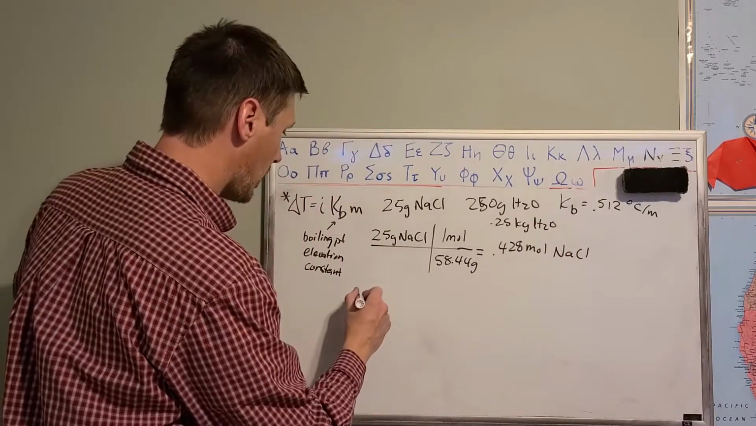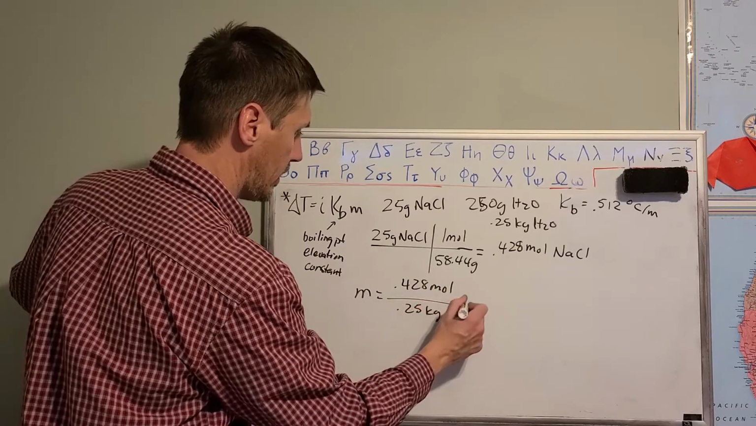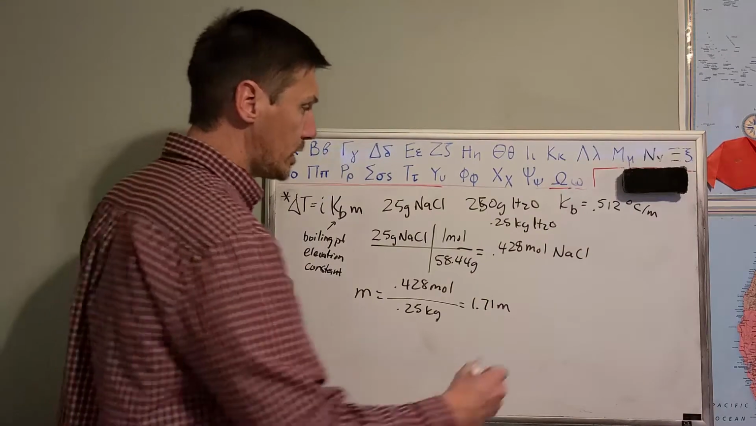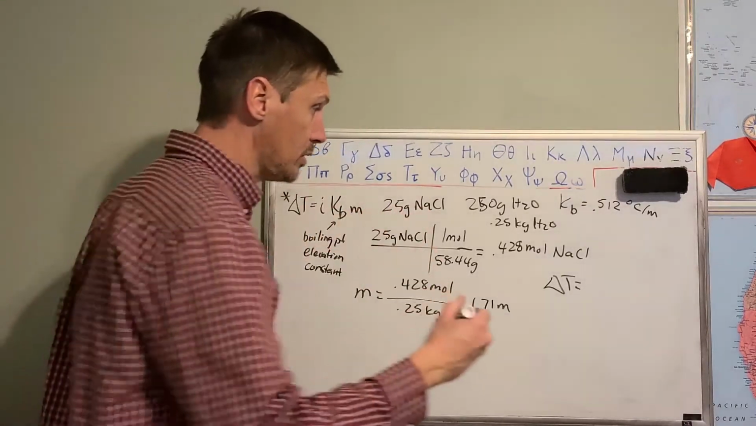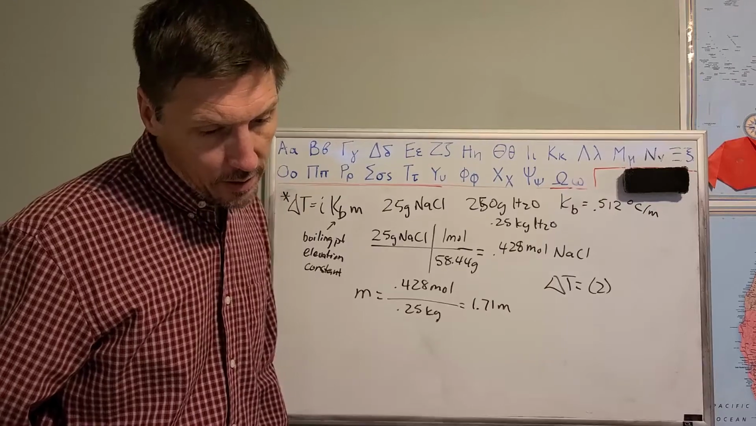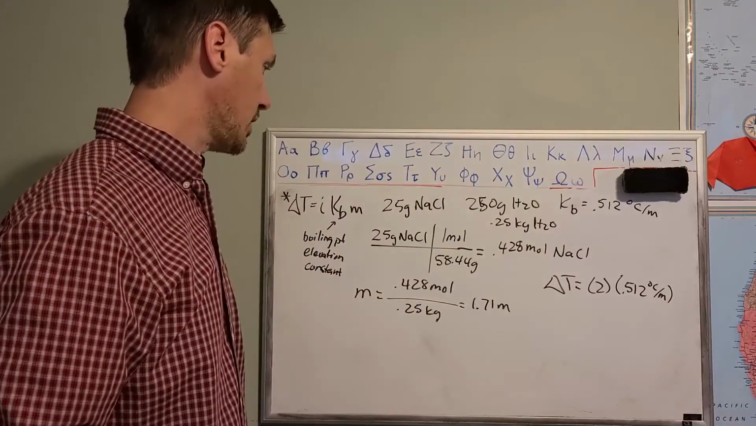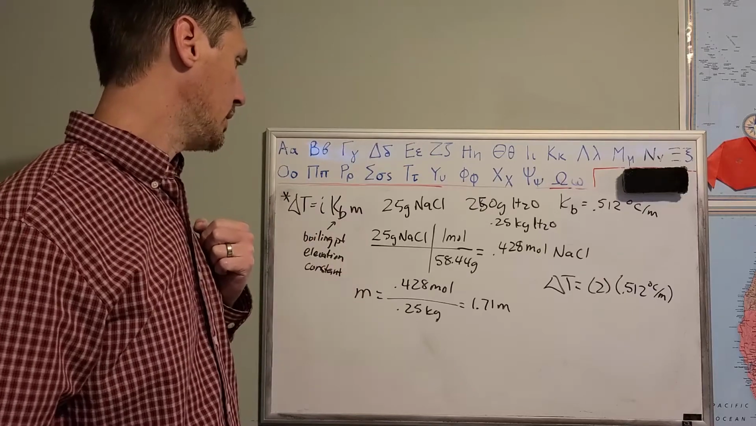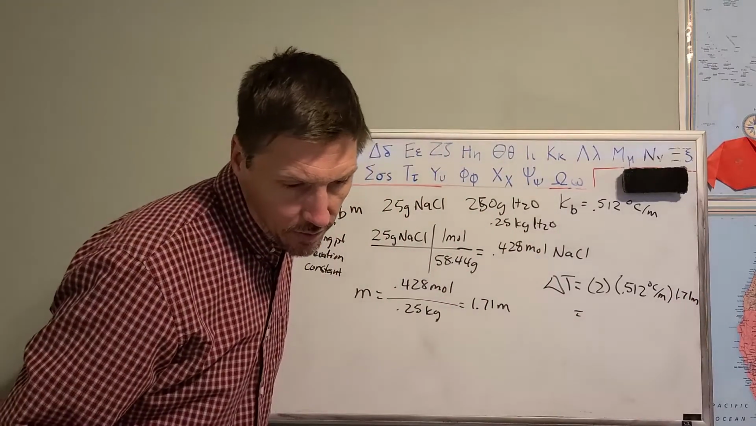All right, so let's go ahead and figure out the molality. Molality then is equal to 0.428 moles of NaCl over 0.25 kilograms of H2O, and that gives us a final molality of 1.71 molal. All right, so then the change in T is going to be equal to i. How many ions does NaCl split up into? Well, it splits up into 2, right? 1 sodium ion and 1 chloride ion. And then our 0.512 degrees Celsius per molal, which was the boiling point elevation constant that the problem gave us, times the molality, which we've calculated to be 1.71, right? And so we multiply that out, and we get a final value of 1.75